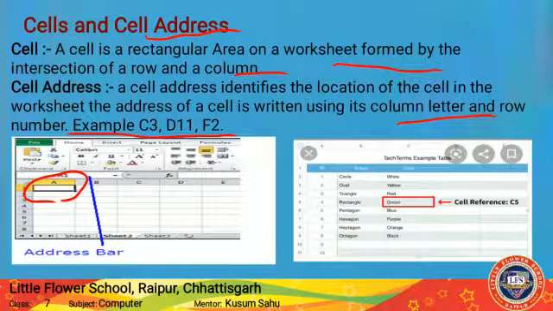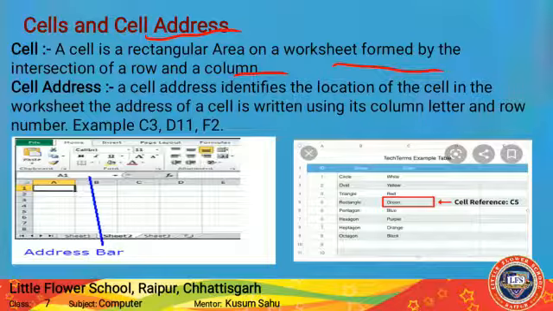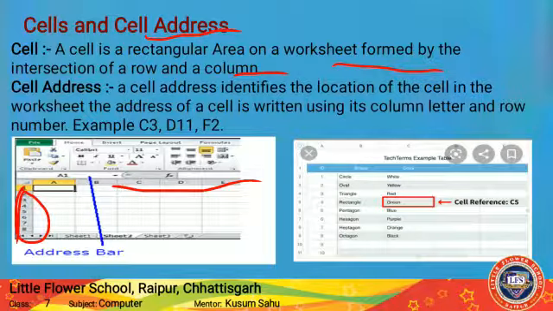Example here. Here you can see in the picture, here numbers are written and here alphabets are written. So this address is represented with the column letter, here A, B, C, D, E, and here the row numbers. So if we are working on this green area, here the column name is C and the row number is 5. That's why here it is written C5. So by this we represent the address of a cell, and this address is shown in the address bar.